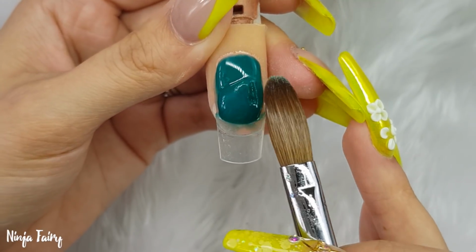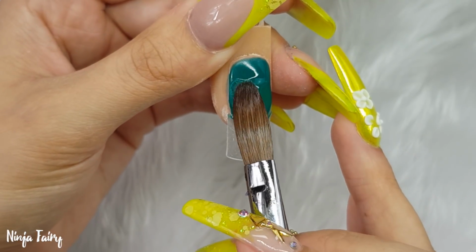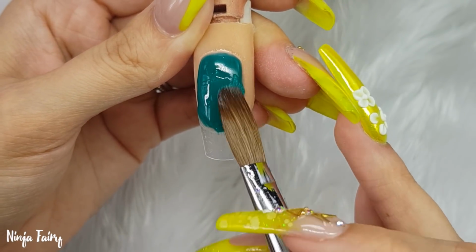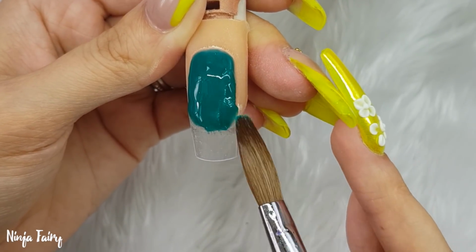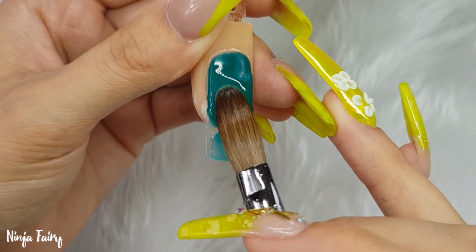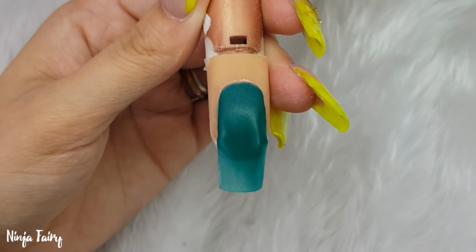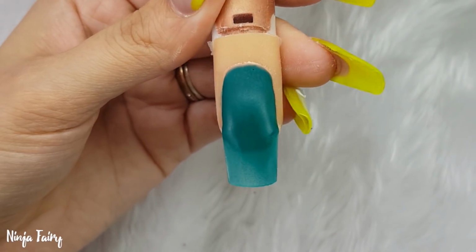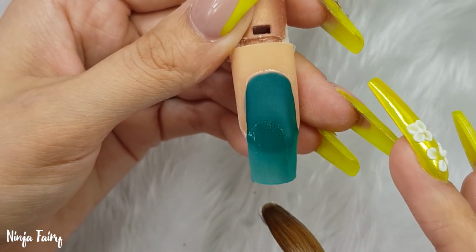You don't want any big lumps, so you want to use the tip and also the belly of your brush to pat the product into place, and once you've got the bulk of it where you want, you then apply light strokes, just blending it down nicely so that you don't create any ridges or bumpiness. So once I've applied a thin layer of the colour, I'm then ready to come in with some clear acrylic,